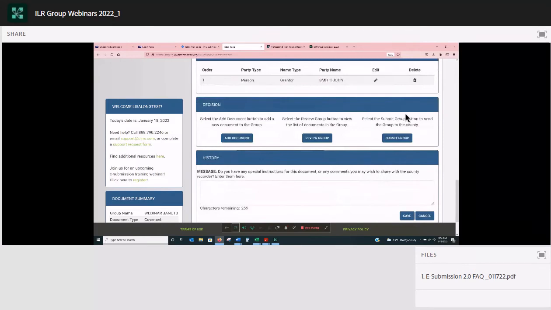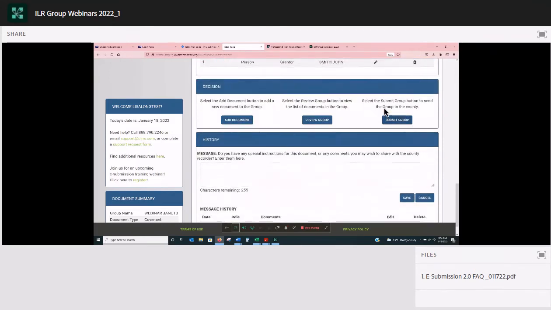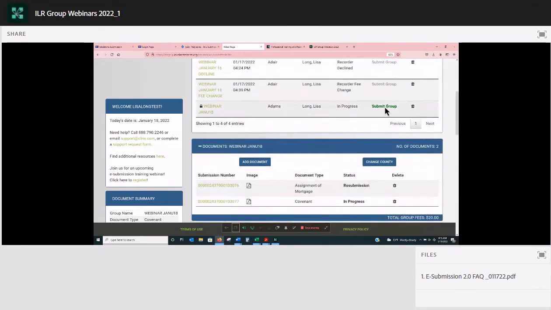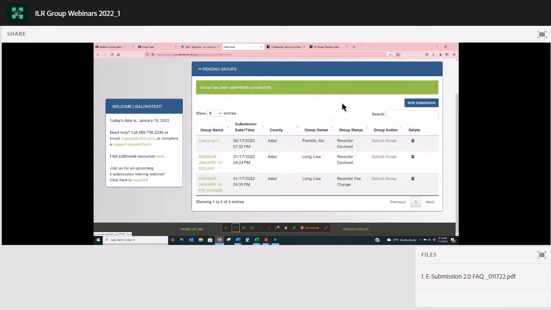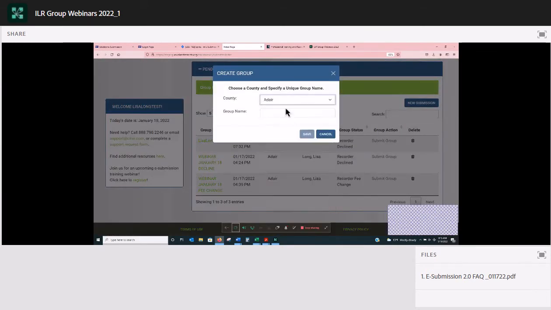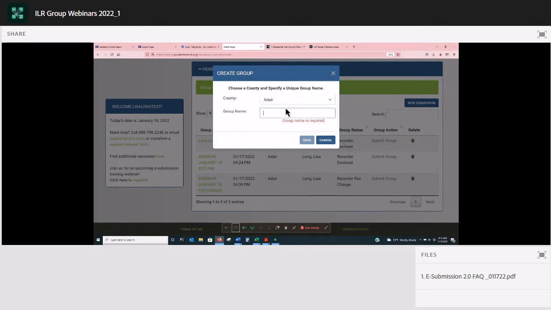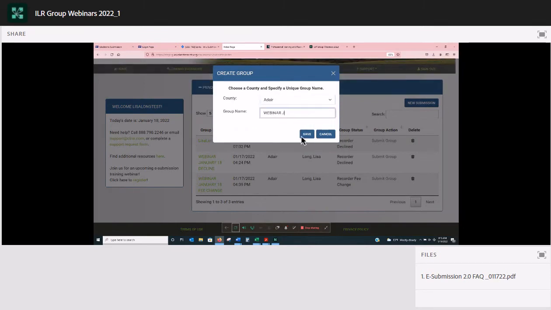And if everything looks good, submit group here or submit group here, because all the conditions in the group have been satisfied. You can select submit group. As soon as I select this, there will be a green message that displays that says it has been submitted successfully. So another new group here, select the county, name the group,